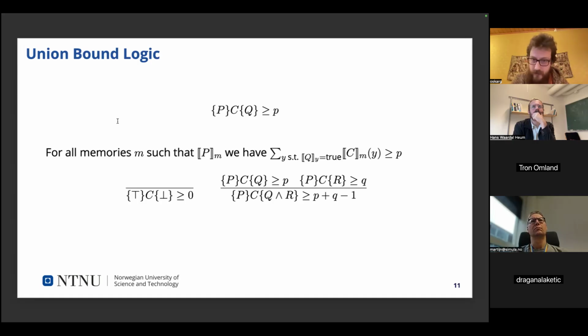And you can define a bunch of rules. I'll just have some examples here. This is also supposed to be 1 and 0 again. If you have the true predicate at the beginning and you do some computation, then the predicate that's always false will hold with at least probability 0. In fact, it holds with probability 0, because at the end none of the states will make this always false predicate hold. So when you sum up all of them, you just get 0.